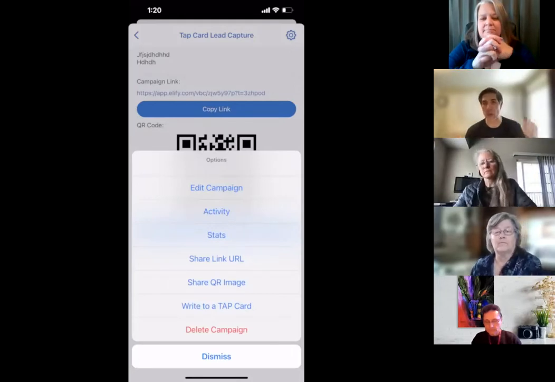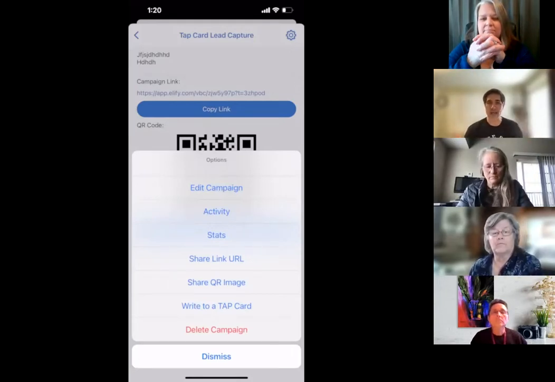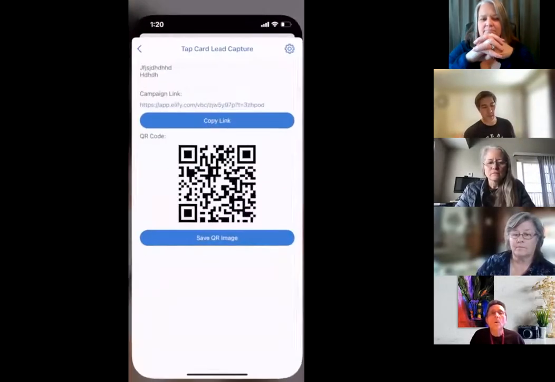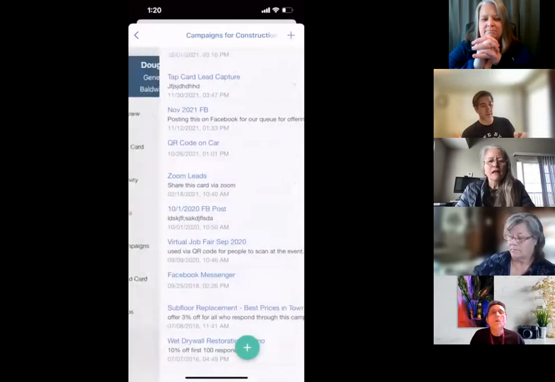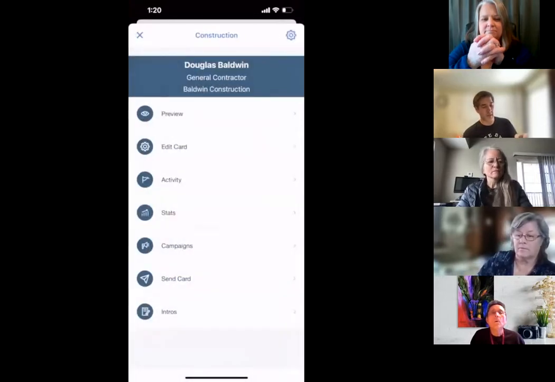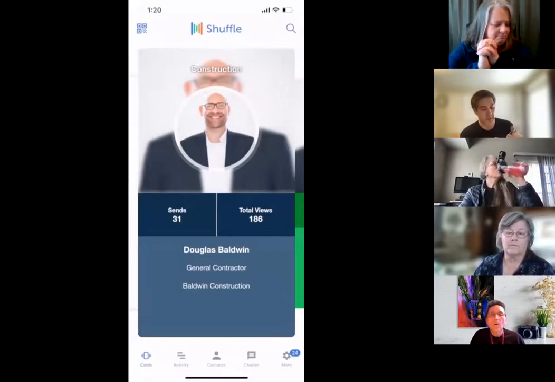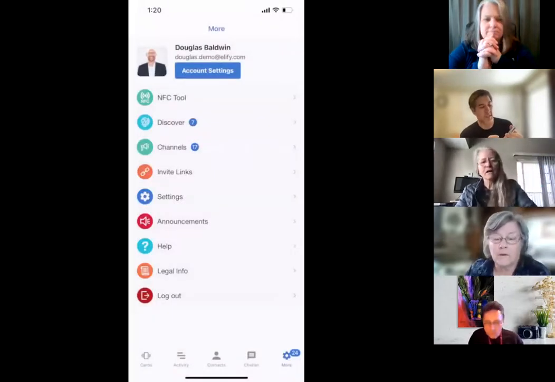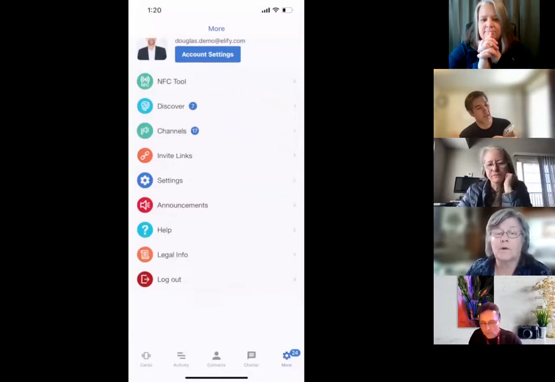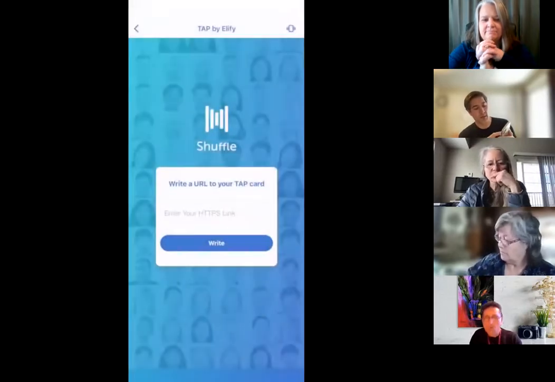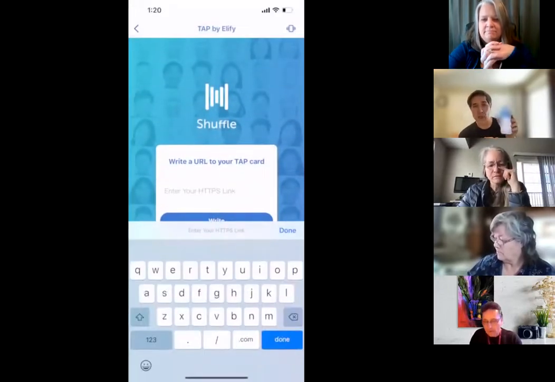It's not yours, but you want to go out and promote it. And you're at an event and you want to leverage one of your tap cards. We're going to dismiss this. We're going to get out of our card view here. There we go. Remember, under the more option here is the NFC tool right at the top. Here, you can enter in any URL you want it to go to. Okay? So let's just go to